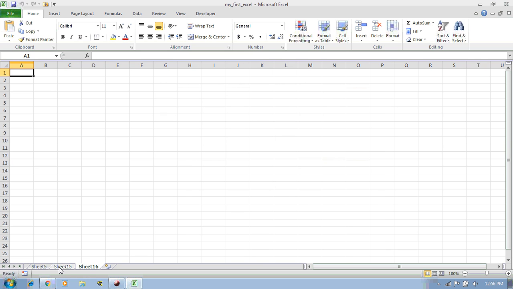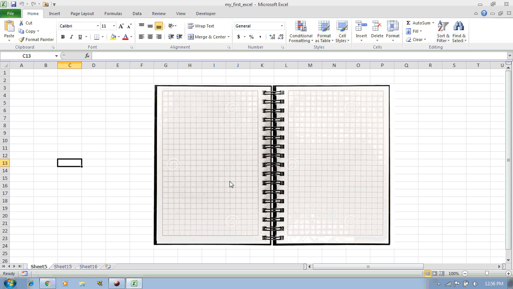Sheets are the same as the pages of the notebook, and the combination of these sheets is called the workbook. Or we can say that a workbook contains multiple worksheets, and worksheets contain the data.